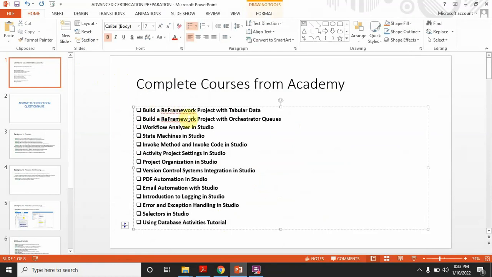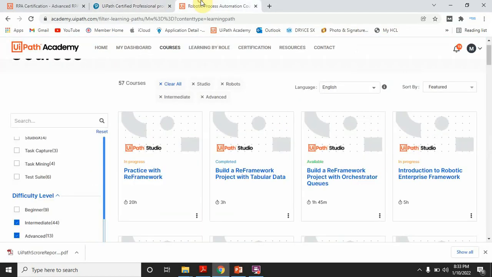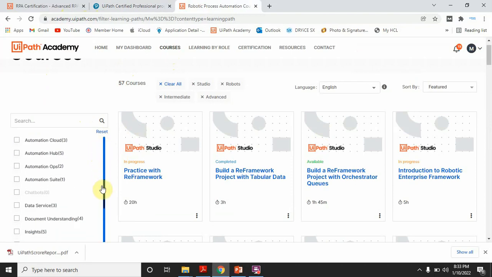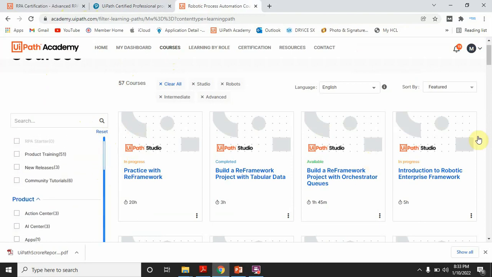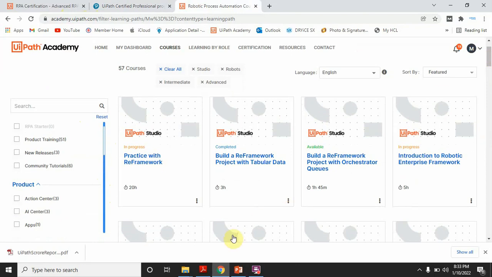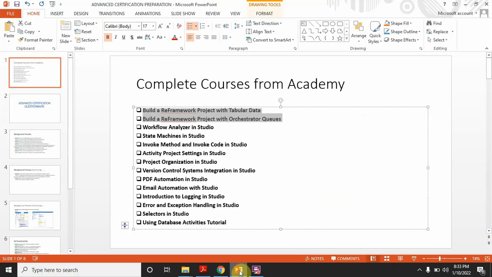Now you see here, the courses are available in the Academy. Let me show you that also first. When you go to the Academy at academy.uipath.com, you have to click on Courses. Then you have to select Studio, Robots, and then Intermediate and Advanced. On the right side you see some of the courses displayed. So basically you have to go through all the courses. The courses that I have mentioned here are enough,